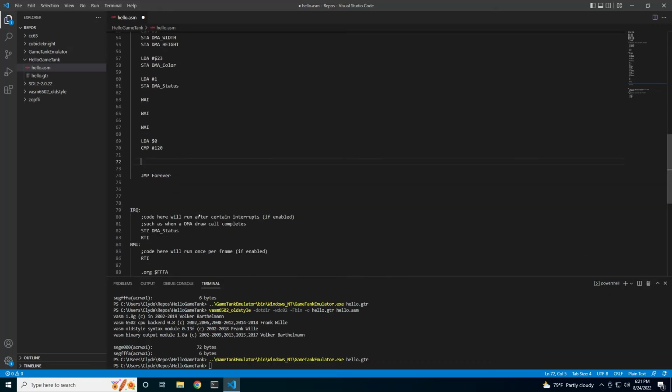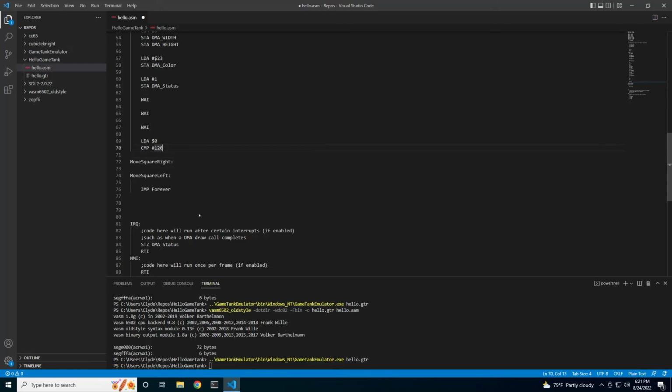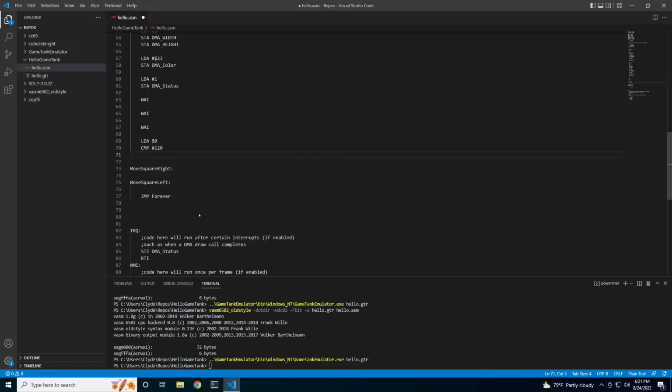Before we can make use of this, we need to add some more labels. Move square right, move square left. When we want to conditionally alter the flow of our program, that's called branching. The branching instructions will jump to a code label under certain conditions, different for each branching instruction. Now, we want to use BEQ, branch if equal, then move square left. If the Z flag is set when this instruction runs, which will happen if byte 0 equals 120, we'll jump